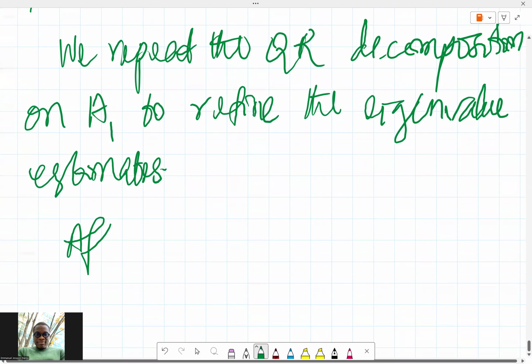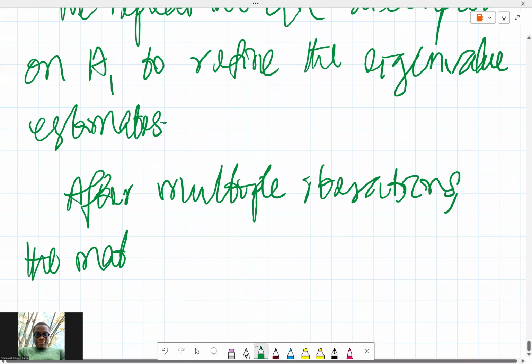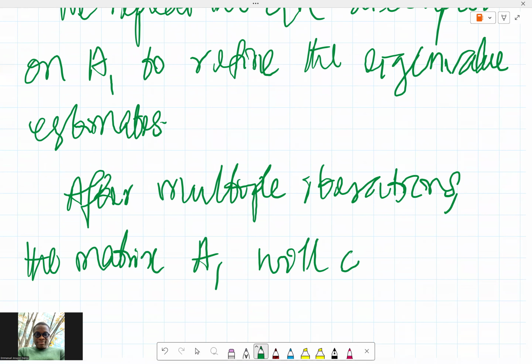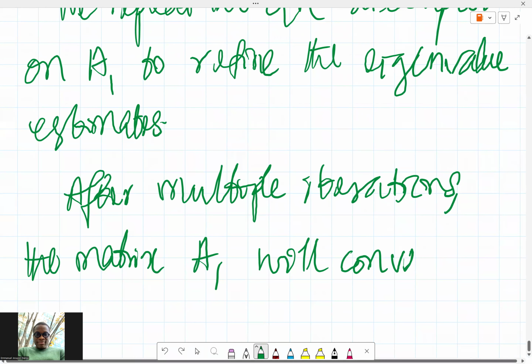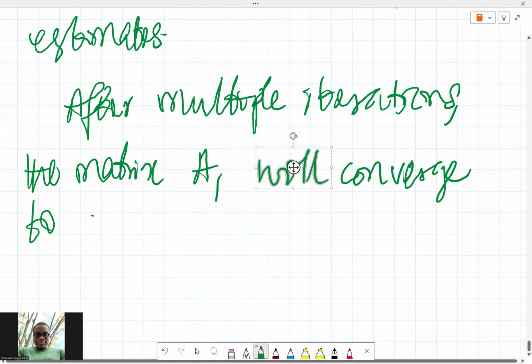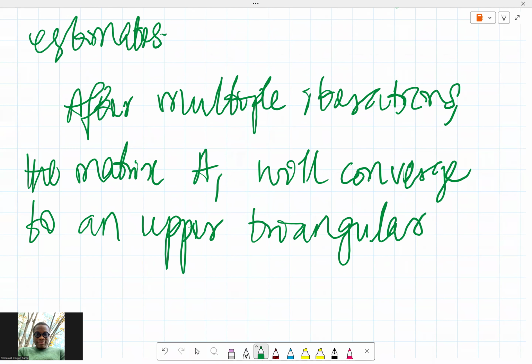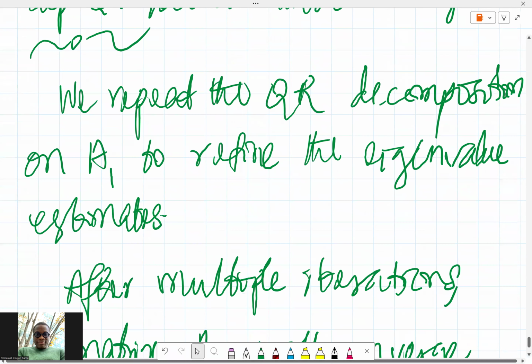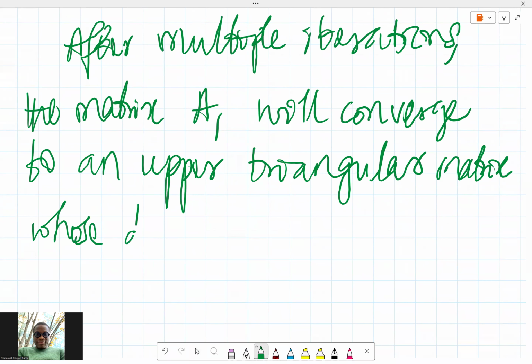Okay. After multiple iterations, the matrix A1 will converge. In fact, maybe I should have just called that matrix AN or something. So the matrix A1 will converge to an upper triangular matrix. The A1 we got there is still not an upper triangular matrix because we still have everything in order. So we'll convert to an upper triangular matrix, okay, whose diagonal elements